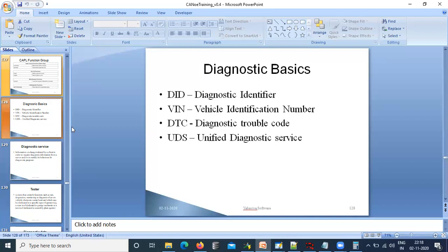In the session management timing, the parameters are basically required when the ECU is in a session other than the default diagnostic session. The ECU will be in other sessions. We have three sessions: default session, programming session, and extended session. So in session management timing, the ECU must not be in the default session.